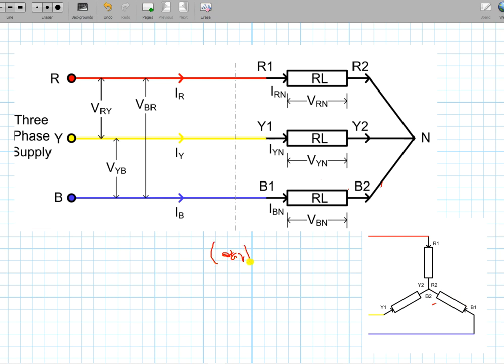So how to remember the star connection? There are two terminals for each single phase load, a start and an end point. Suppose similar terminals are connected together. What is the first letter of star? S. So when similar terminals are connected together, it forms a star. Either R2Y2B2 is connected together, or R1Y1B1 is connected together, and the other terminals may be connected towards the supply side. So this is how the star connection is formed.